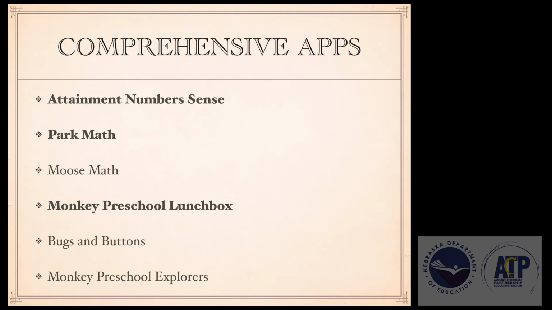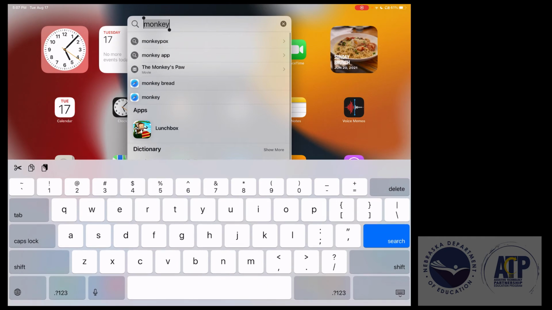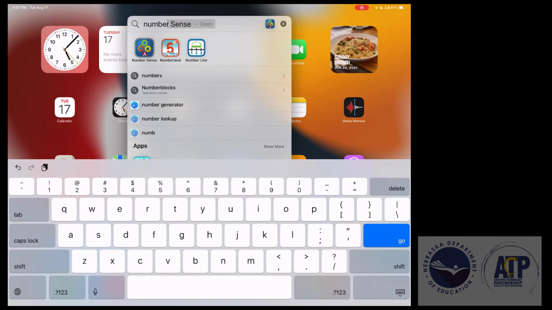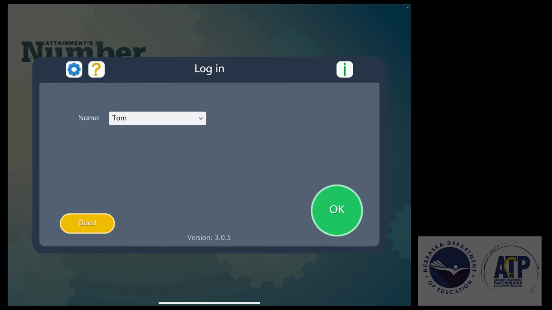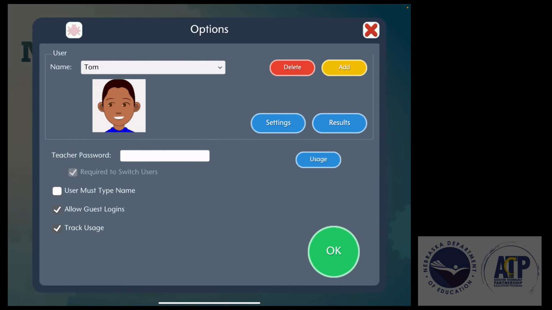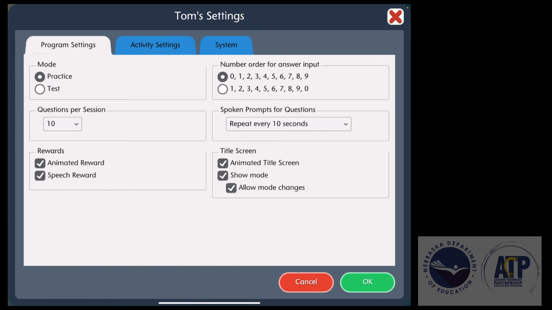So the next one is going to be Attainment's Number Sense. Number Sense will allow you to set up individual users. So I can set up several different users. When I go into my settings, the little gear there, you'll see I will have the student set up. You're going to see that I have a lot of settings that I can work with. So there's a practice mode and